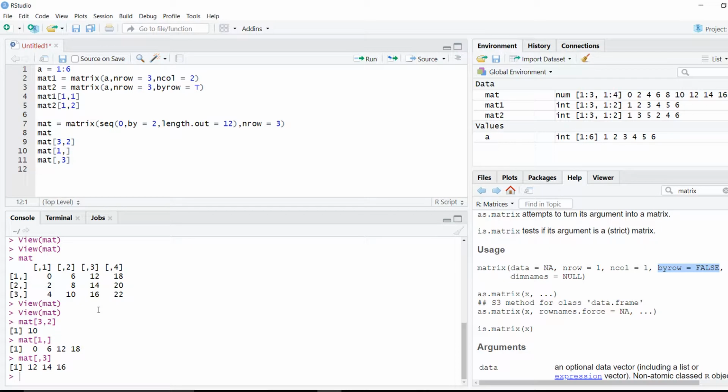Now if you observe here, even when we were looking at the column, it showed as a row vector, because now these are all in vector form. So even though it was before a matrix form, right now it is in a vector form, and vector form will always be shown as one-dimensional row.